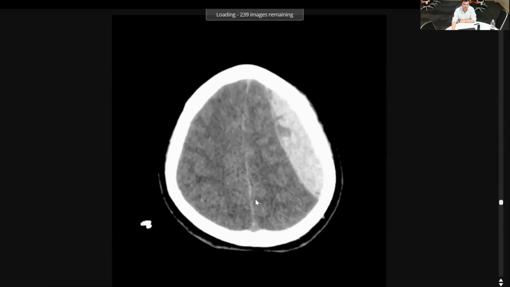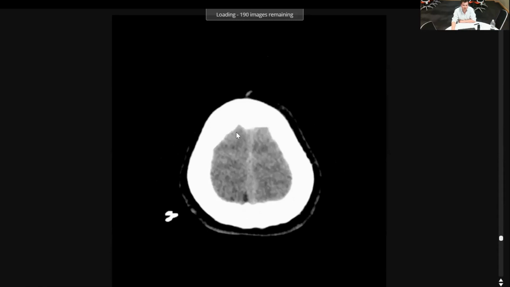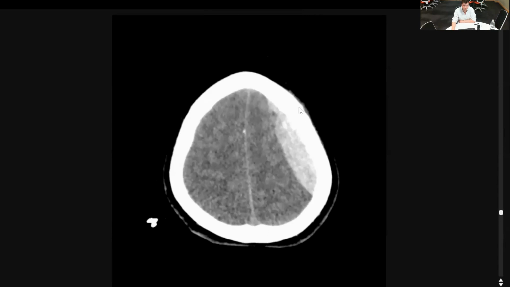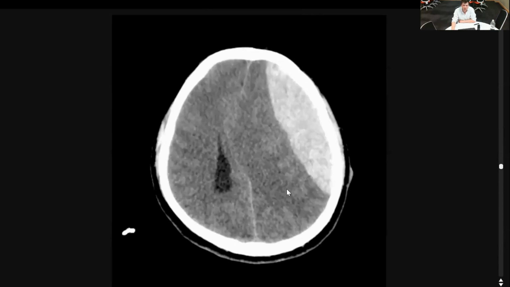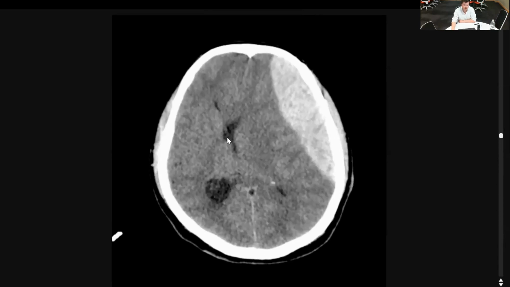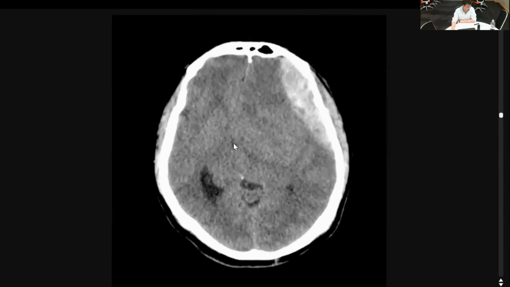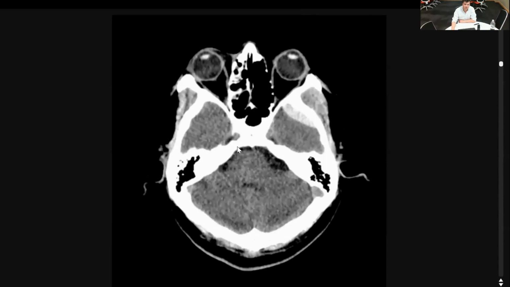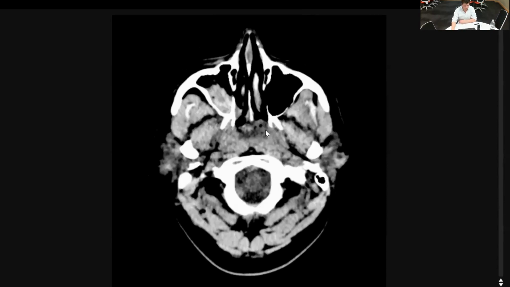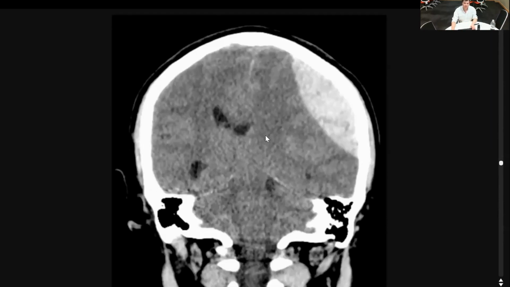All this, even in brains our age, we should still have a bit more CSF up at the top here. So it's always useful to come to the vertex and have a look. You can see we've got sulcal effacement already up at this level. We've got the big extradural. And as you come down, you start to see these are the ventricles pushed right across on this side. You've got lots of other clues that this patient's not going to be doing well,